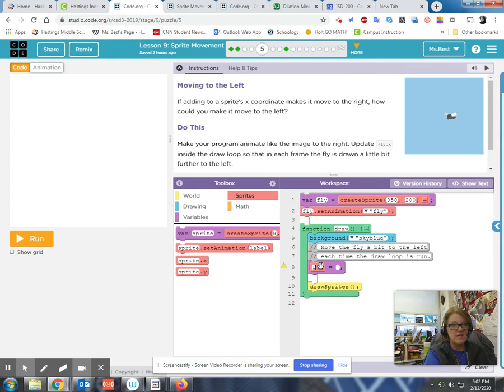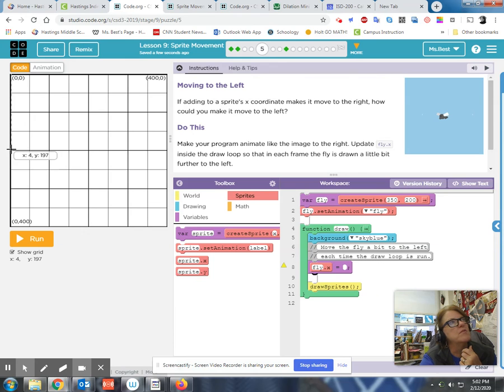So make sure we rename it because it won't make sense until you get that in there. Now, here, because we're going to move it to the left, what are some ways you suppose you could do that? Because if you remember on your grid, when I move to the right, my X value is getting larger. I go from 0 over to 400. So now if I'm starting here,